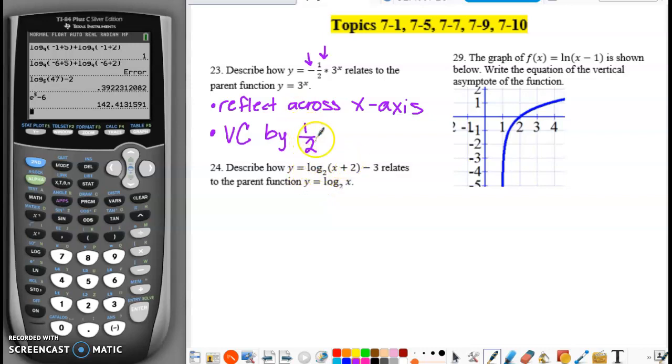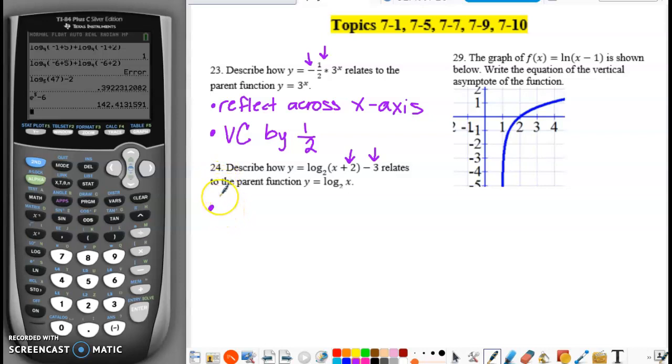24 is a very similar question. It's asking us how y equals log base 2 of x plus 2 minus 3 relates to the parent function y equals log 2 of x. So again, asking us what the transformations are. So compared to my parent function, I have this plus 2 inside the parentheses, and then I have a minus 3 outside the parentheses. So since the plus 2 is inside my parentheses, I know that that is an h